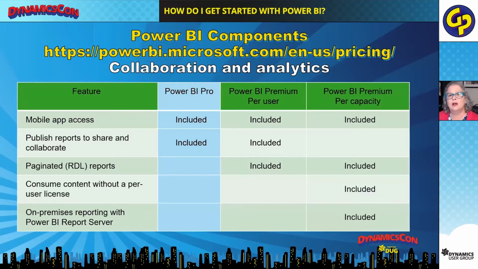So I want to show you a couple of the main differences between the two and what drives them. I have the Pro highlighted in the blue column. One of the big differences between Pro and Premium, and I would recommend Premium per user if you want, is paginated reports. There's a report builder that is pretty much identical to the SQL Server Analysis Server Report Builder, but it would enable you to create a printable or exportable report that has multiple pages to it. So if you wanted to have a really long aged trial balance, you could, for example, using a